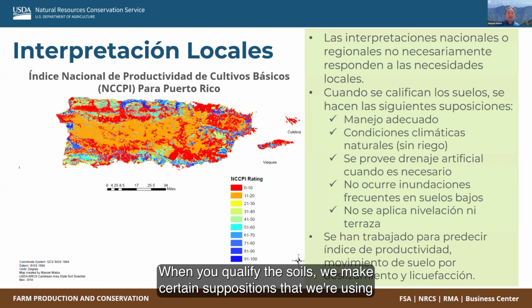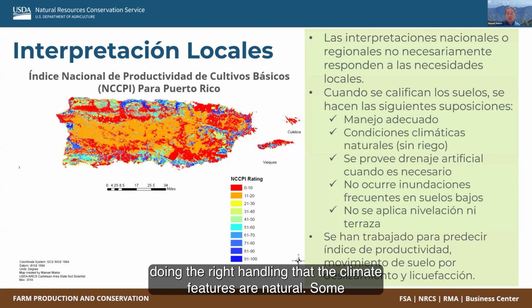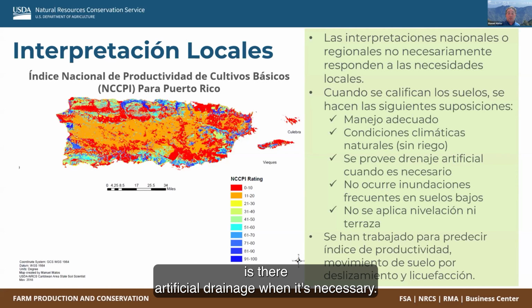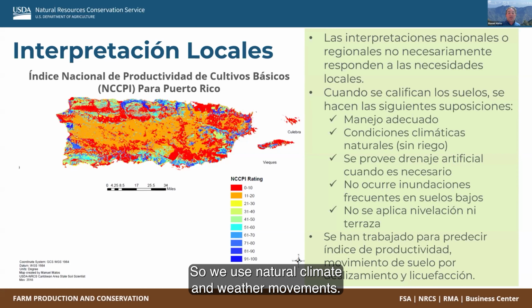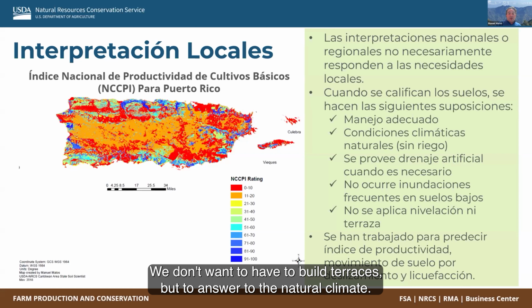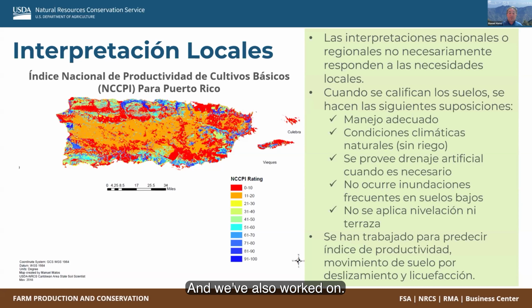When you qualify the soils, we make certain suppositions that we're doing the right handling, that the climate features are natural, and that there is artificial drainage when it's necessary. So we use natural climate and weather movements. We don't want flooding in areas where we have floodings. We don't want to have to build terraces, but to answer to the natural climate. So for Puerto Rico and the Virgin Islands, we look at productivity indexes. And we've also worked on